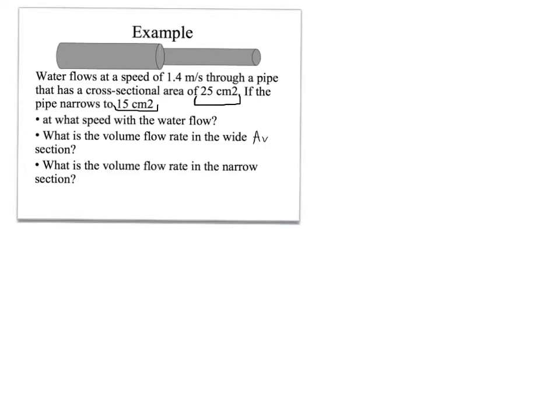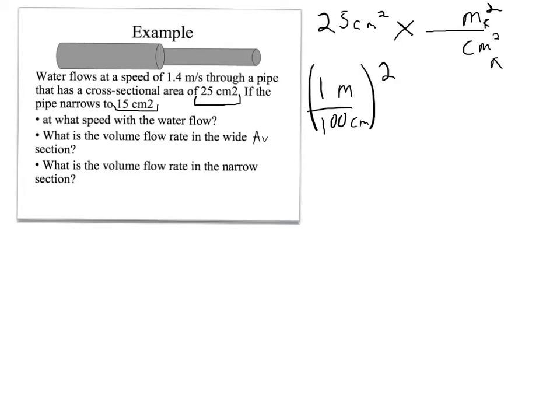Okay, so I want to convert 25 centimeters squared into meters squared. So I need to multiply this by something that has centimeters squared on the bottom, meters squared on the top. Well, maybe I can simplify this a little bit. I know that for every 1 meter, there are 100 centimeters. And I noticed that both of the units got squared, so that must mean that the numbers got squared too. So that would still be 1 meters squared over 100 squared is 10,000